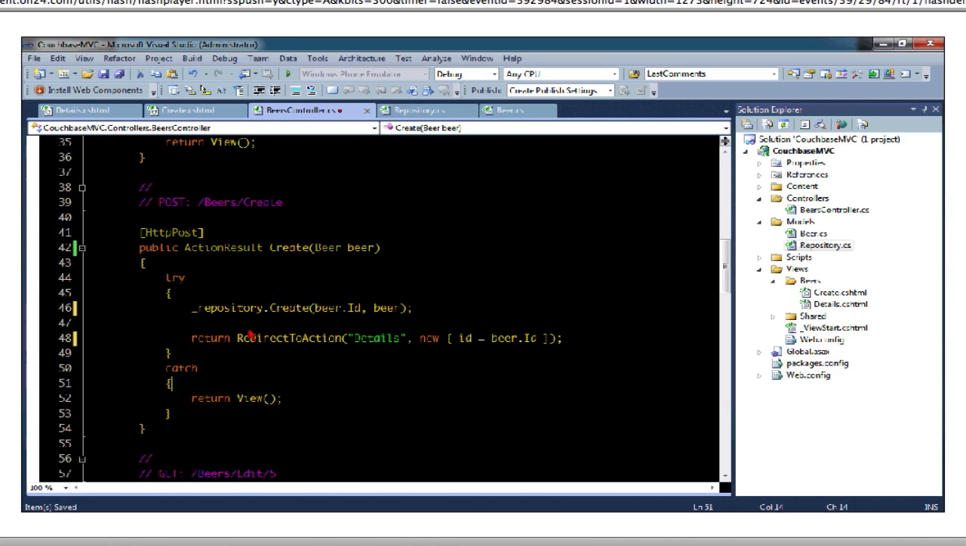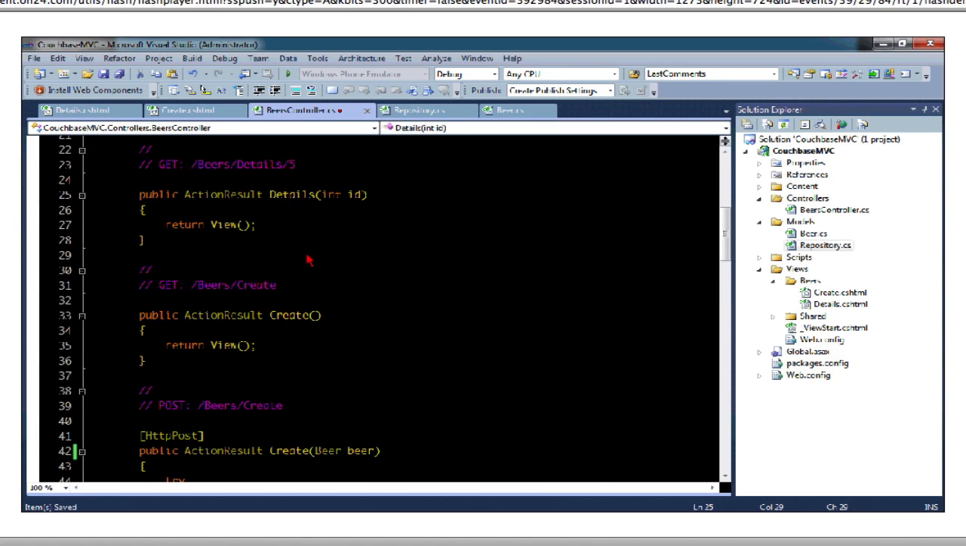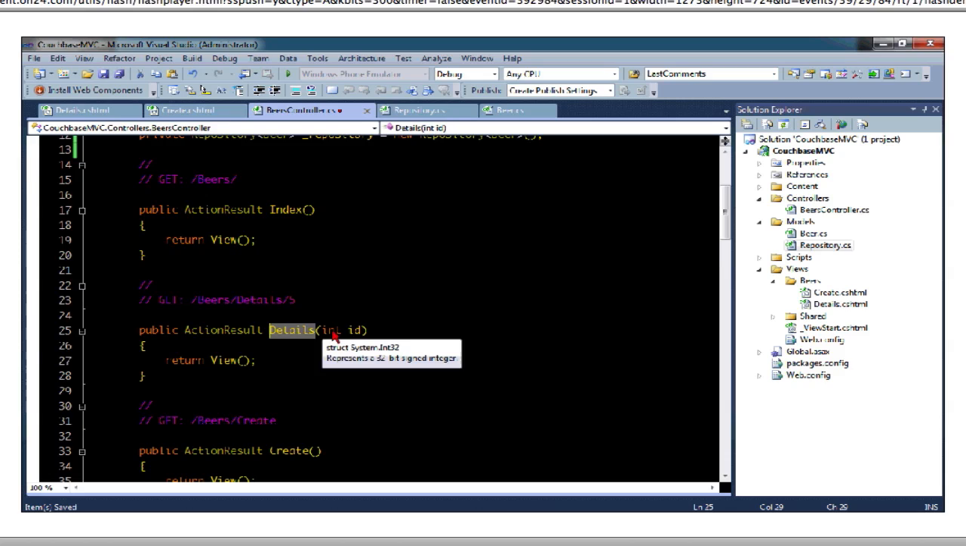So if you're not familiar with MVC, what's going to happen here is that this redirect to action will redirect the browser to the details action. So in the URL, it'll be /beer/details. And then it will append the ID as a parameter to the request. So back in details,